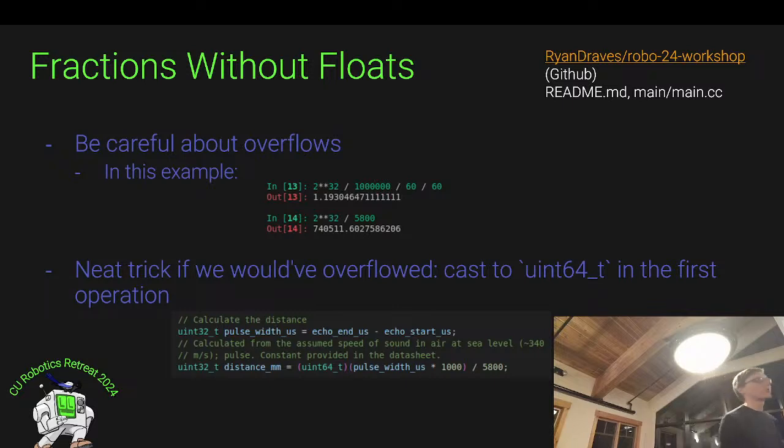We can safely multiply by 1,000 and not worry about it overflowing. So no need to deal with that. If we were concerned, though, there's a neat trick. This is where my little typo is. This parentheses should be over here. We can upconvert to a larger integer value before we do our operation, and then we'll be sure it doesn't overflow. So by the time that we divide again, with a smaller value, we can convert back down to a smaller integer. So we start at a uint32 with our initial width, convert that to a 64, do our multiplication, don't overflow, divide, back to a 32.